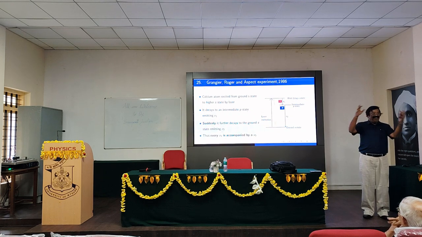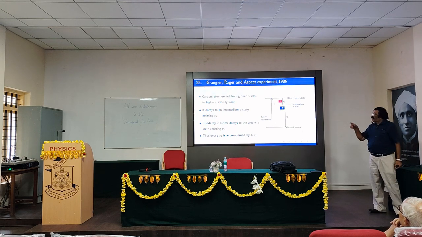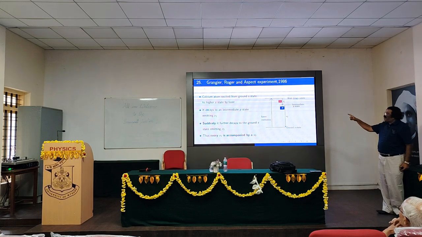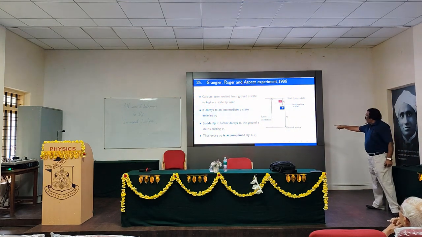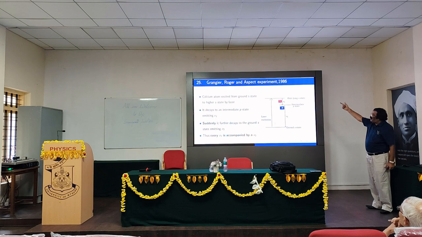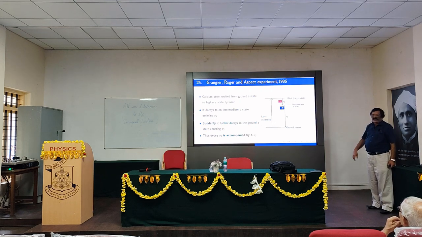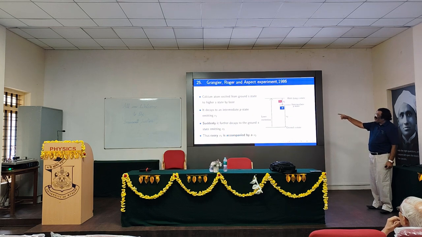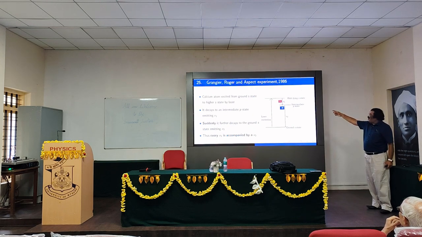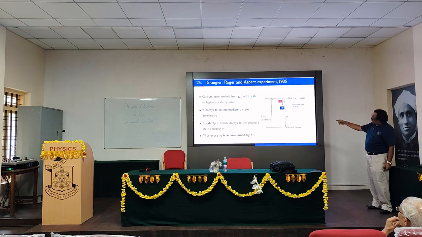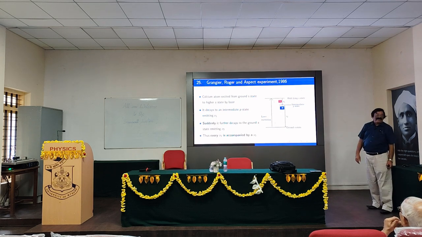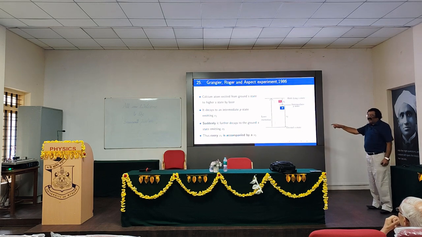Like you put a needle in a haystack and try to figure out later where it is. So this calcium atom can be excited from the ground S state to a high-lying S state, the top one, by some laser pumping, optical pumping. Once you do that, it decays to an intermediate P state. Some red light comes, say, low energy. And suddenly, after it decays to the P state, the P state gets down to the ground state back. This is sudden, within a short time, it comes down to the ground state.